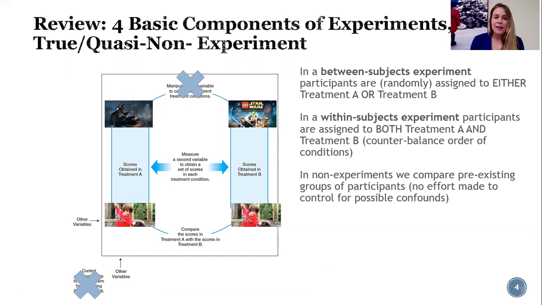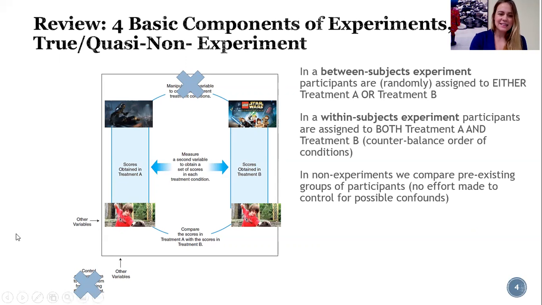Last week, we talked about non-experiments and quasi-experiments. In these examples, we don't have manipulation of the independent variable. Instead, we're exploring and comparing, let's say, aggression in groups of kids that already exist. So maybe we would want to see kids that say they like playing violent video games versus kids that report that they like playing non-violent video games, and see if there's a difference in how aggressive they are during nutrition break. The difference between a quasi and a